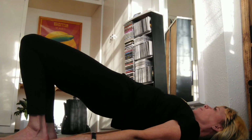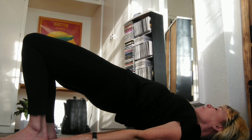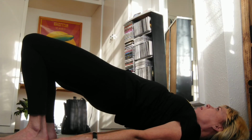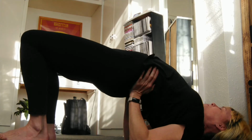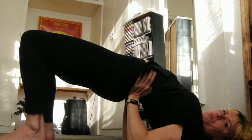You're watching, observing your breath the whole time as you lower out of the position and as you rise into the position, and you're doing it to what's comfortable for you. Now going up and down a couple of times just to find the position first and foremost, and then if you can, see if you can put those hands either side of the waist,